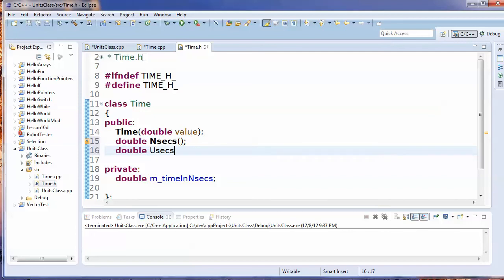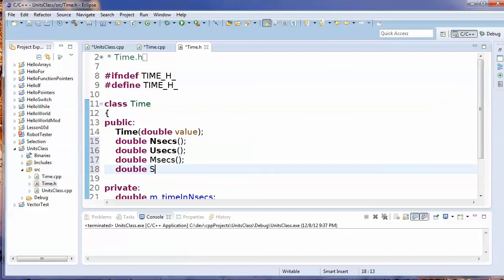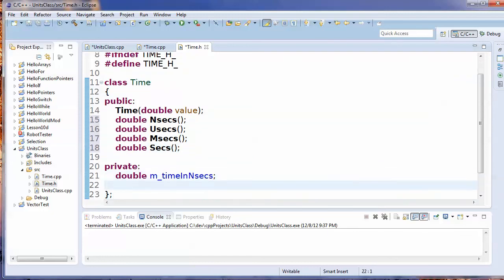We want to get the time back in microseconds, and we want to get the time back in milliseconds, and we want to get the time back in, say, seconds. Okay, so normally, and I'm going to hard code some constants. Normally I would put them down here in my class, but just to keep this example simple, let's just